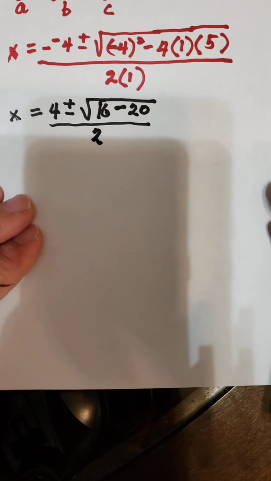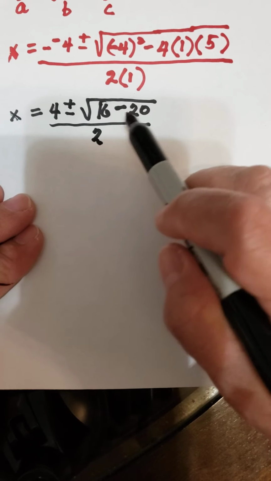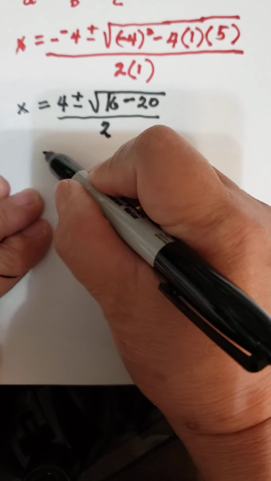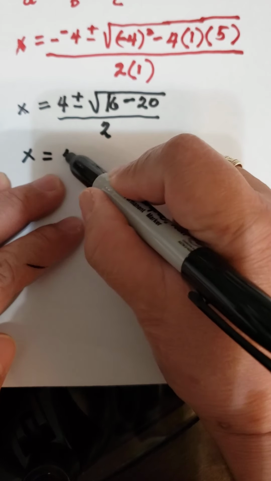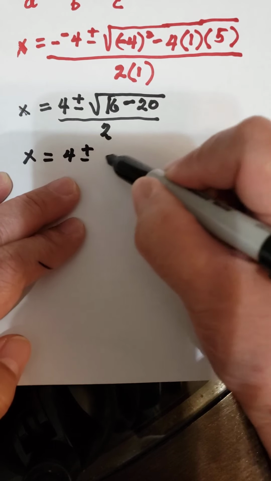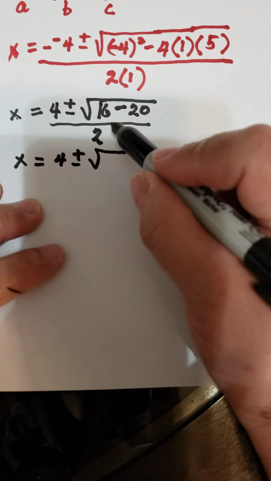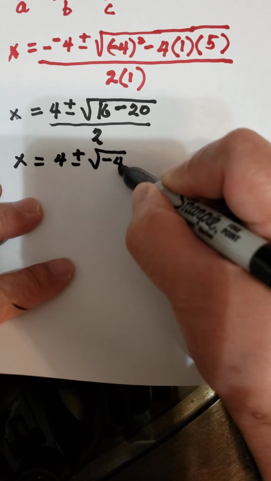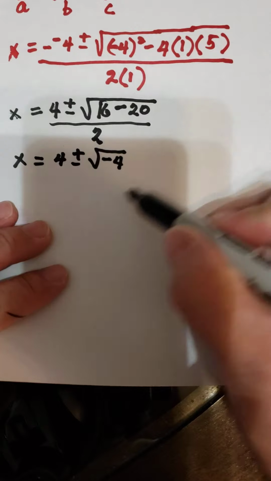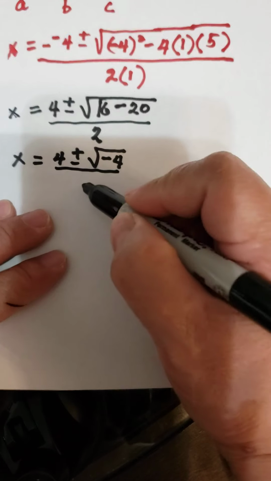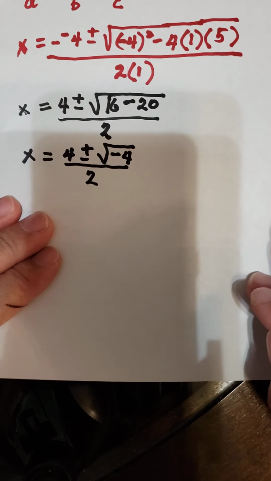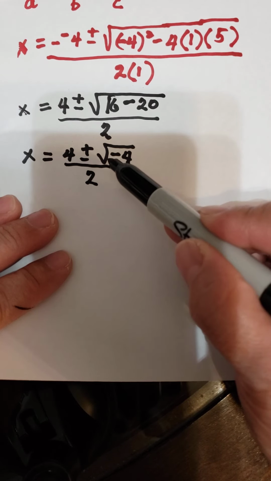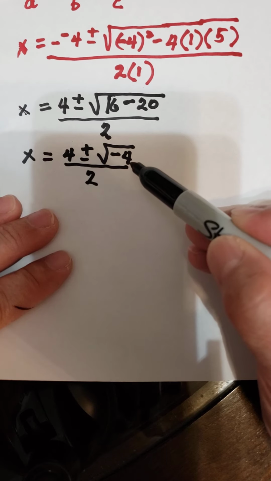Just be careful. Do the one under the radical first. Just copy all of these. So you got x equals 4 plus and minus square root of 16 minus 20, that would give you negative 4, divided by 2. Now, if you remember our lesson on square root of a negative number,